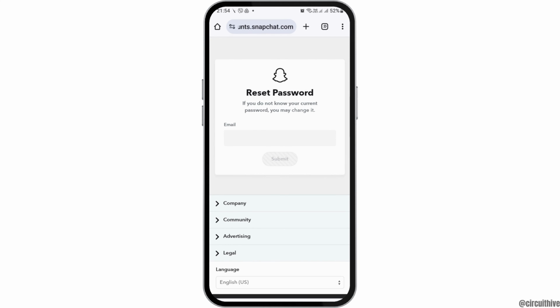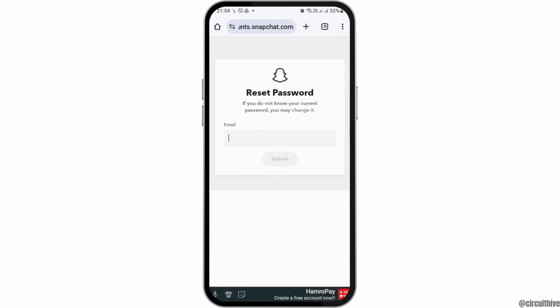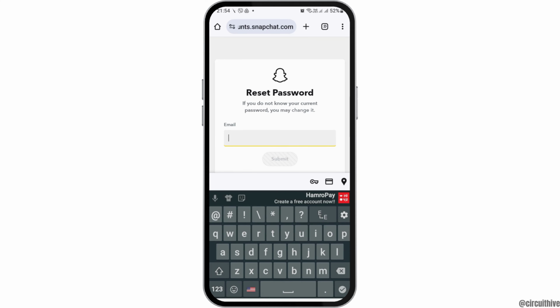Now after you see the next interface like this, you have to wait for a while. Now here you can see the various kinds of accounts in Snapchat. Now again you have to tap on your email here, and after you tap on your email here,